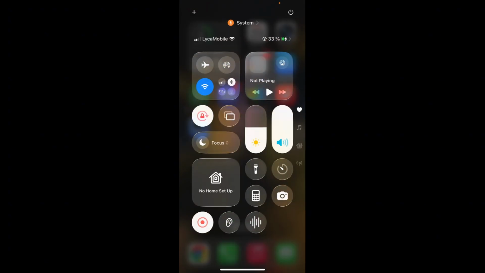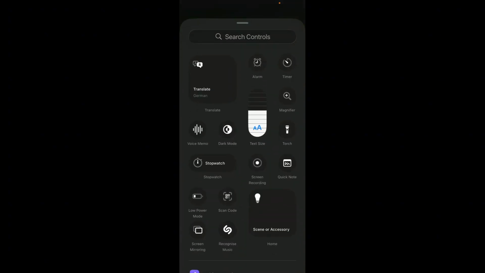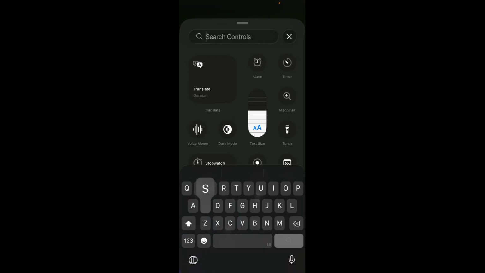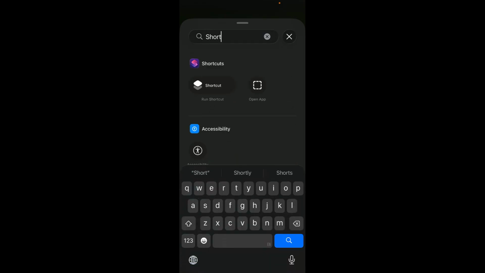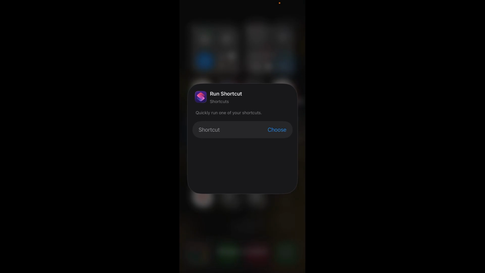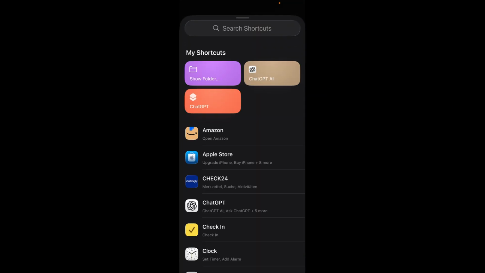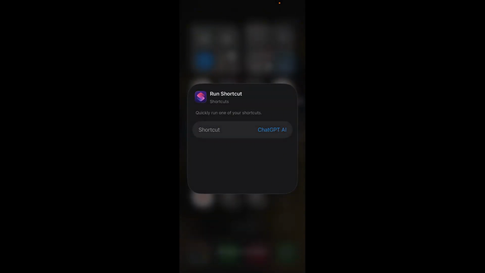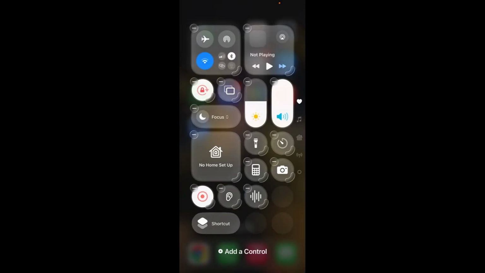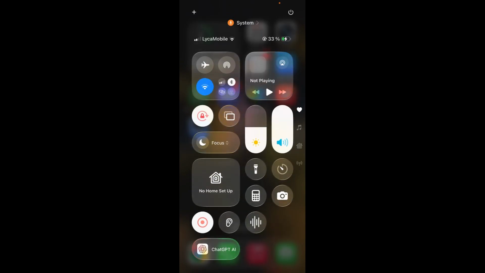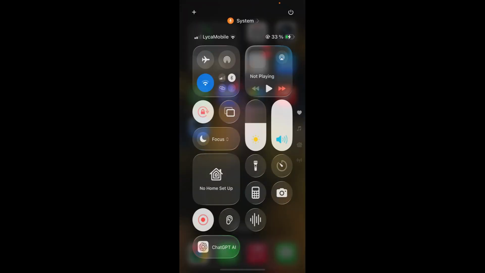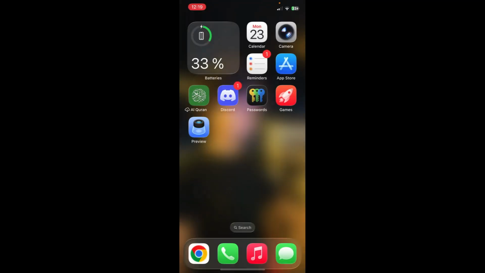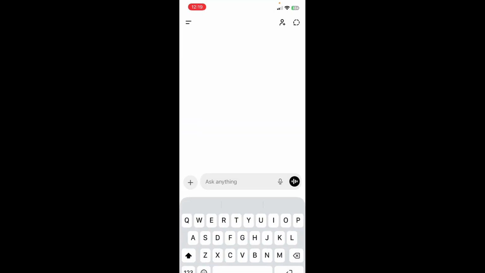I'm gonna go ahead, click on the plus, add a control, and here I'm gonna search up shortcuts. I'm gonna click on shortcut, I'm gonna choose a shortcut, and I'm gonna choose the ChatGPT AI, and I'm gonna just leave it, and I'm gonna click anywhere to exit. Now if I go up there and I click on ChatGPT AI, there you go, it opened my ChatGPT app